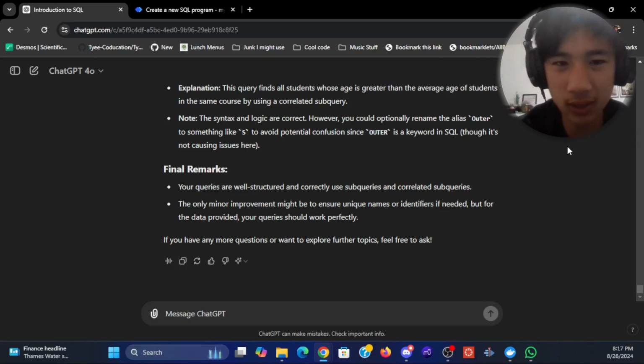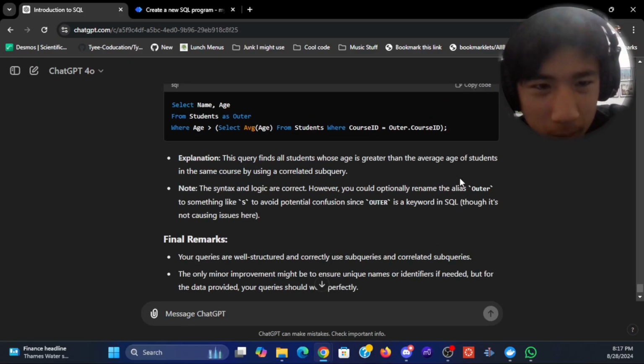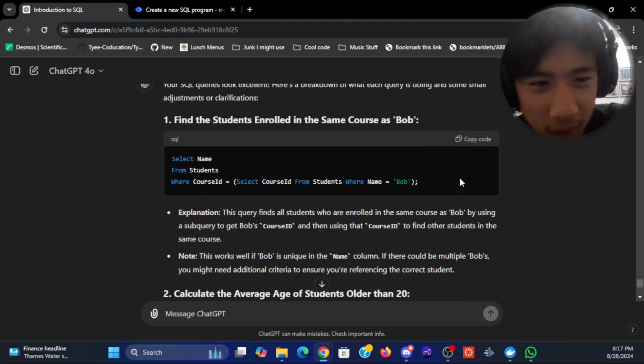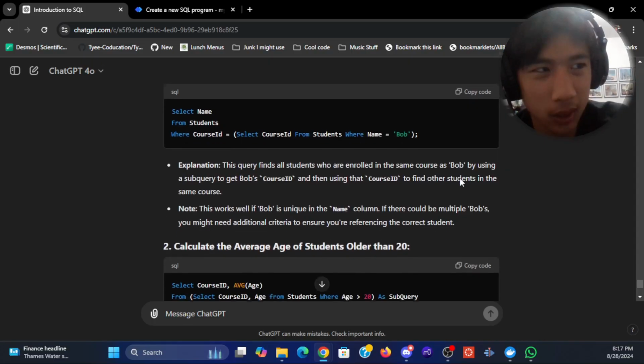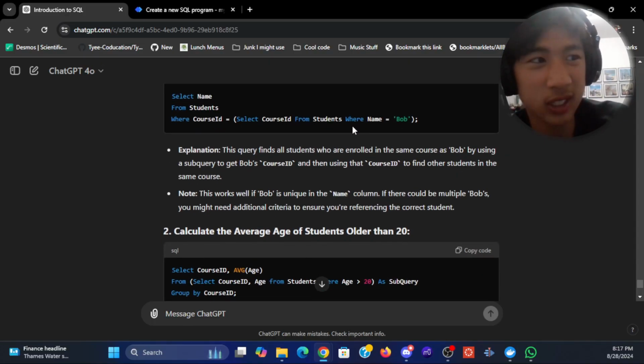If you're new here, I'm trying to learn SQL completely from ChatGPT. Right now I just learned about subqueries and I'm kind of rusty with all the syntax, because I know it's still sharing similar structures to your normal SQL statements, and creating all these queries is just not what I'm used